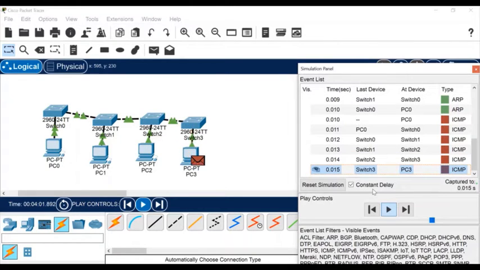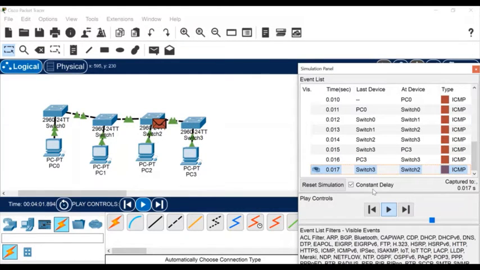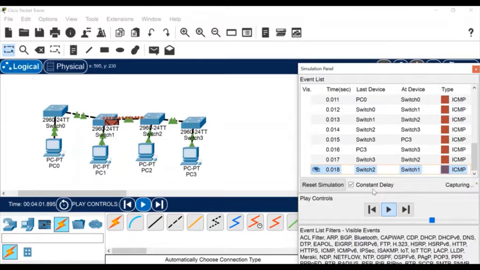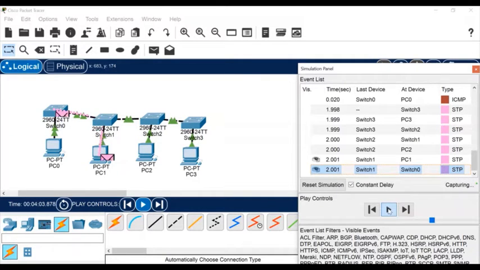Before, hubs were used, and the main reason hubs were replaced by switches is that they cause flooding of packets. So mostly nowadays only switches are used. That problem is not there in switches. I'll explain it with an example later after all the topologies are finished.